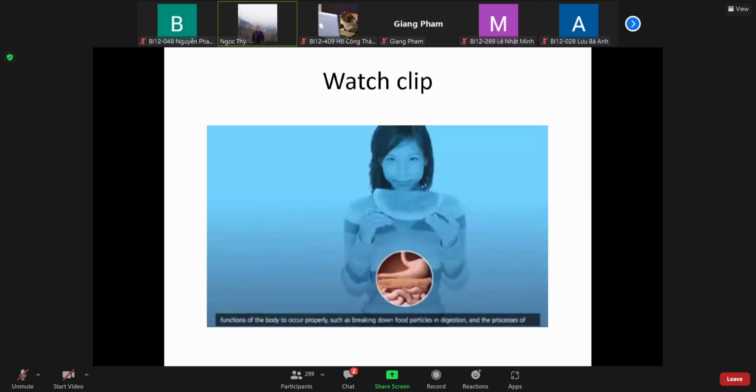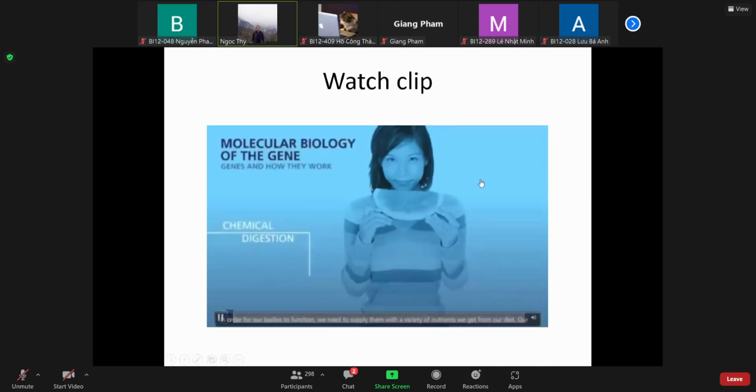Proteins are needed for most physiological functions of the body to occur properly, such as breaking down food particles in digestion, and the processes of transcription and translation make the production of proteins possible. In order for our bodies to function,